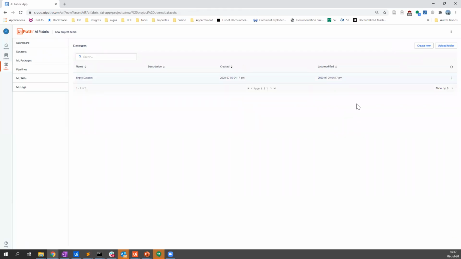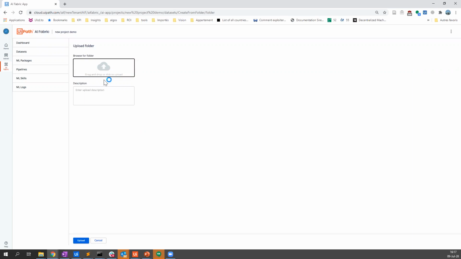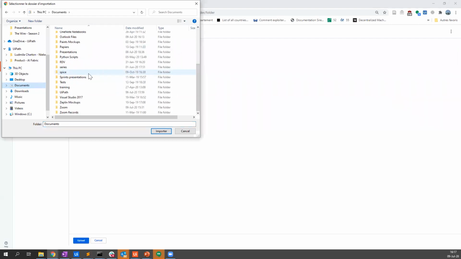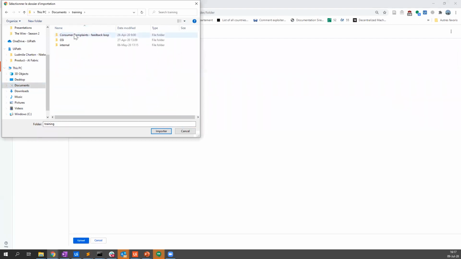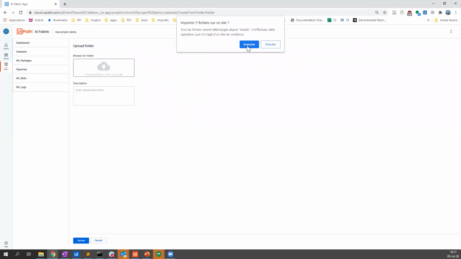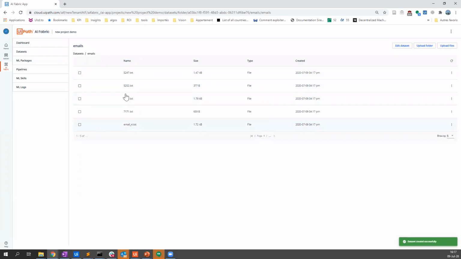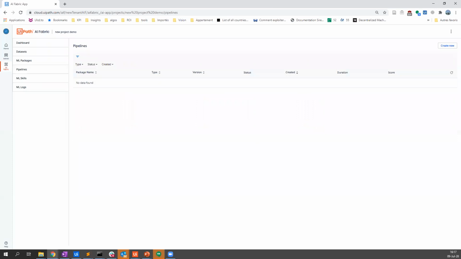Or you can just upload a folder and the name of the folder will be used to create this data set. Let's try to do that. We go to this one. I go to training. And I will just upload all the images that we saw before. And you can upload. It takes the time that it needs to upload all the files that are in it. Here it was very fast again because we didn't have a lot of files. But now you can see all of your files and you can store pretty much whatever you think. The thing is, data scientists need to be sure that what they're storing here is what will be useful for training the models afterward.